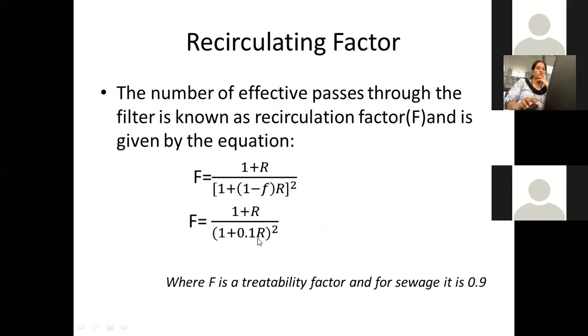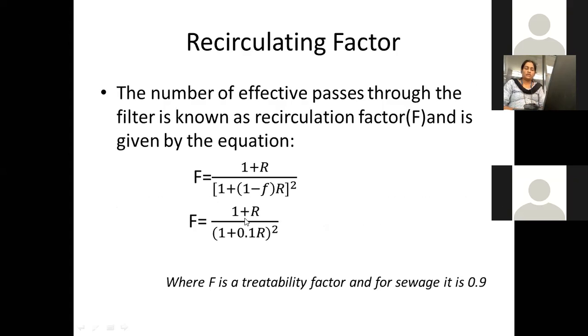Okay, I'm back. So the recirculation factor is the next point we will see. What is the recirculation factor? The number of effective passes through the filter is known as the recirculation factor, and we usually denote it with the notation F. It is given by the equation F is equal to (1 plus R) upon (1 plus